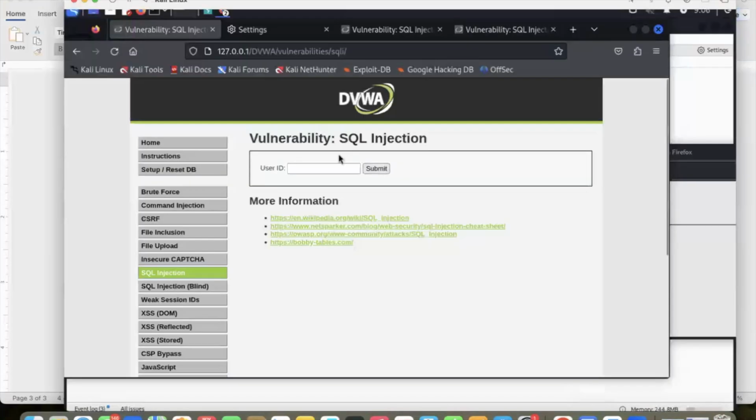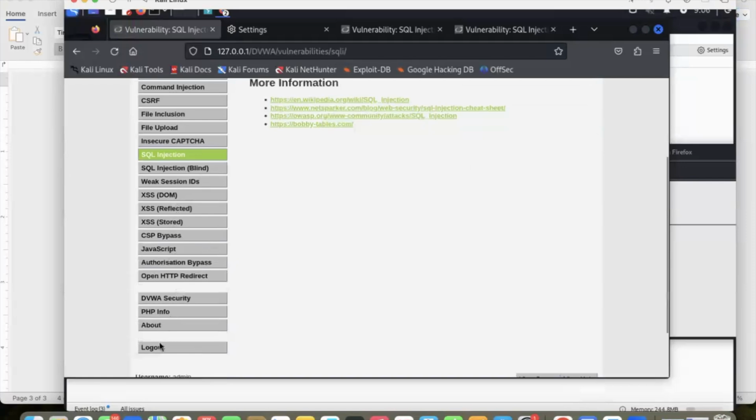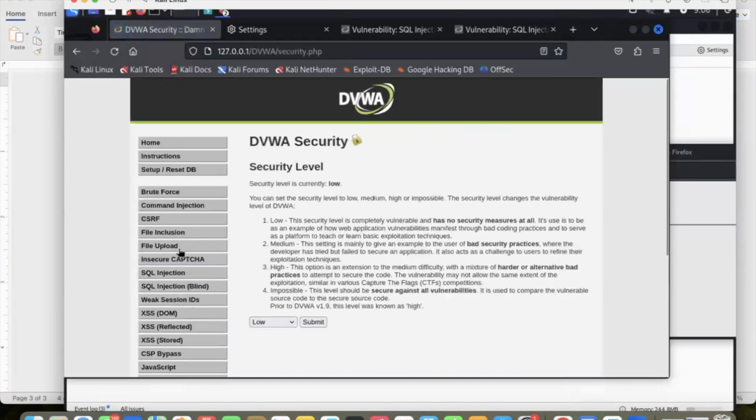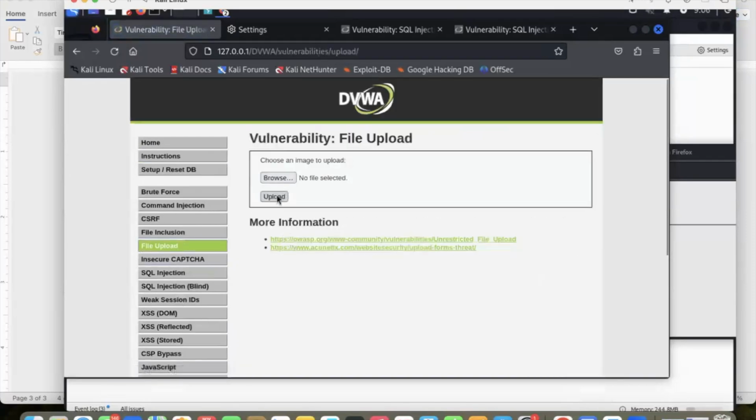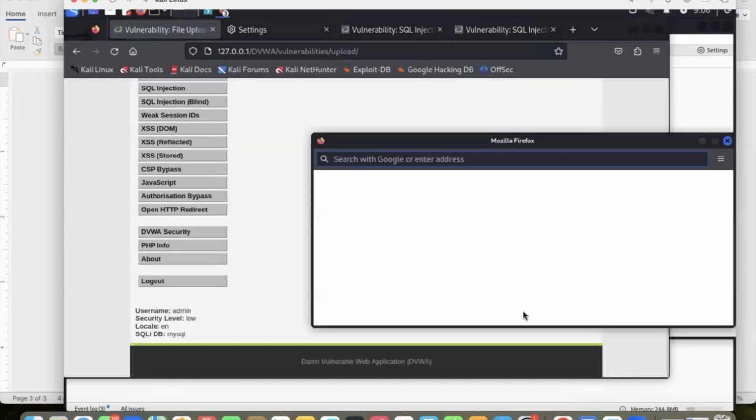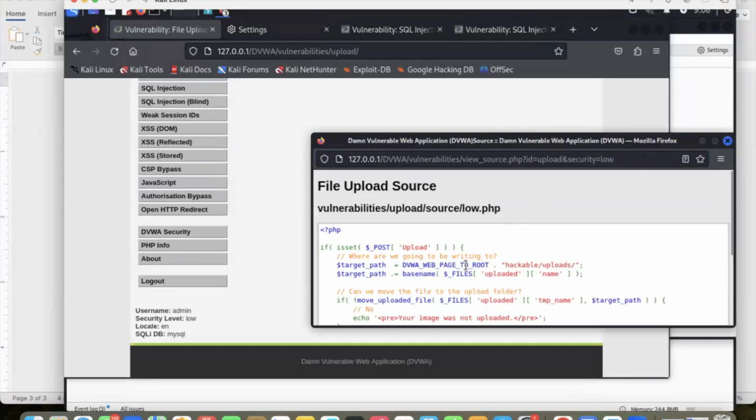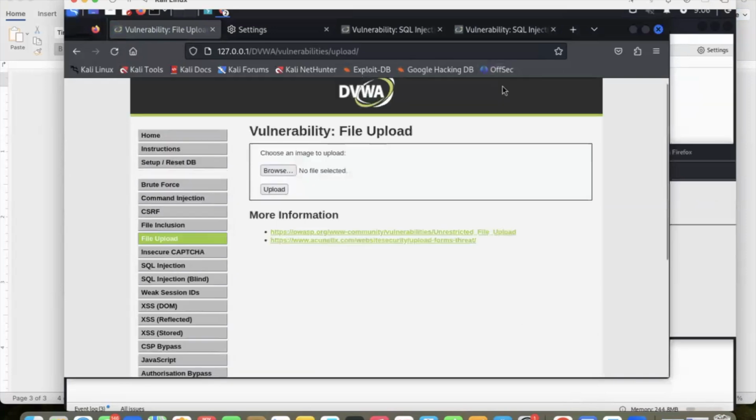For file upload, let's go to low security first, and let's go to file upload. It's basically like uploading a file. Low security means no security. You can upload anything and it would be saved. It's going to save under hackable uploads. Make sure the hackable file, this particular file,